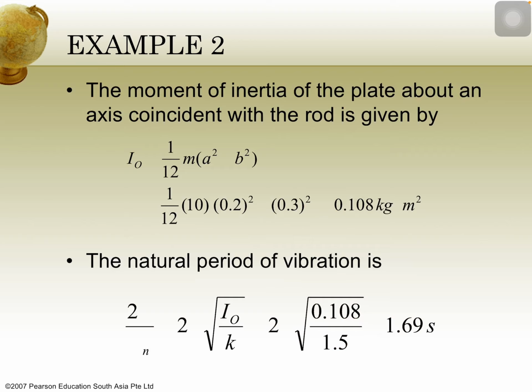We can also calculate the moment of inertia for complex shape. Alright. So for rectangular shape, we can use this formula. I_O is equal to 1 over 12 m (a squared plus b squared). What is a and what is b is the width and the length of the plate, and m is the mass,